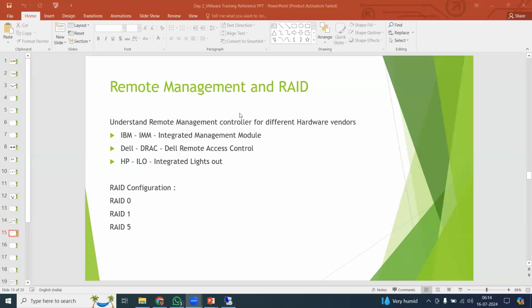The laptop is designed for standby, one-to-one communication. Whereas servers are enterprise server hardware, and that hardware is not possible to access directly. So it will be hosted in a data center, providing all the necessary functionalities. To access it, it is not possible to go and sit in front of the system. So how to connect? There is a device called a remote management device. That is a card wherein